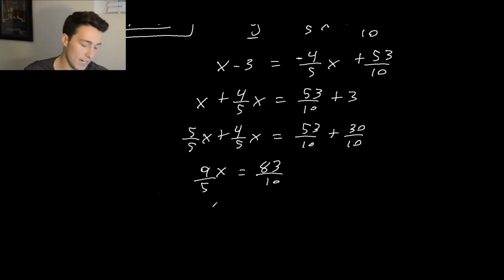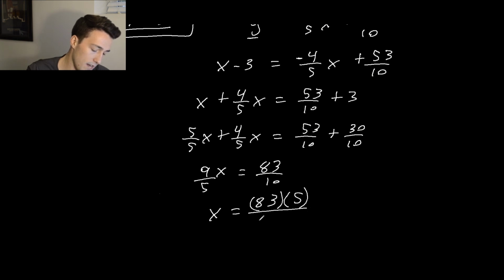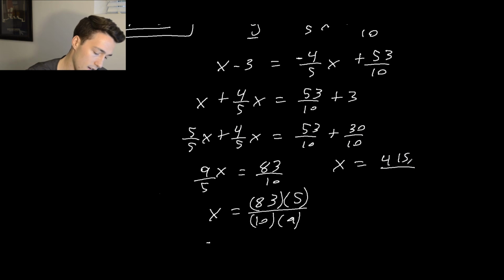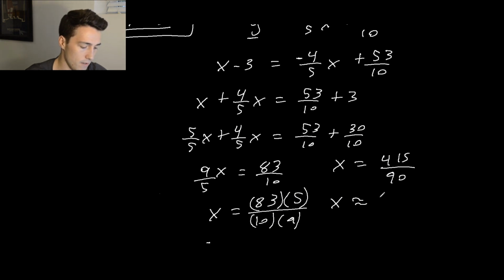And if we solve for x, it's going to be kind of a messy number, but it's 83 over 10 times 5 over 9. So that will be, let's see, 83 times 5 is 415, and 10 times 9 is 90. So our x is going to be 415 divided by 90,